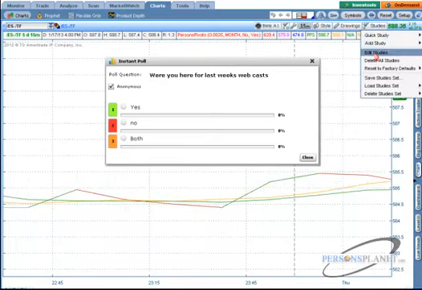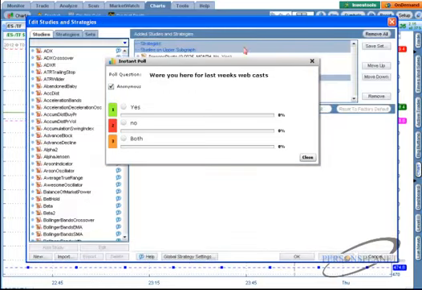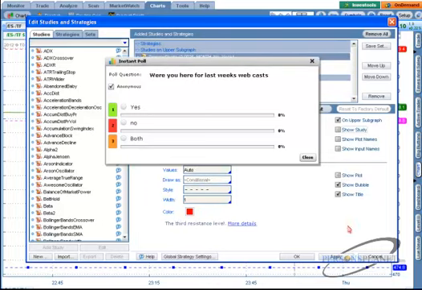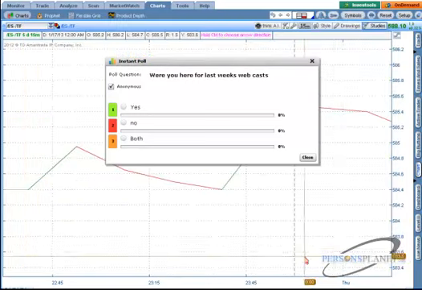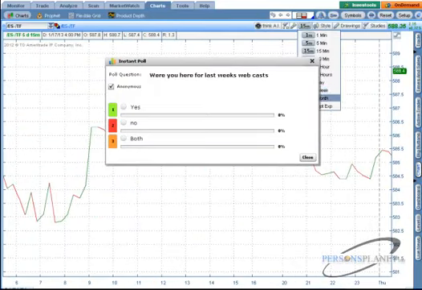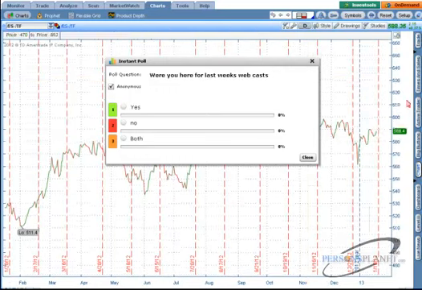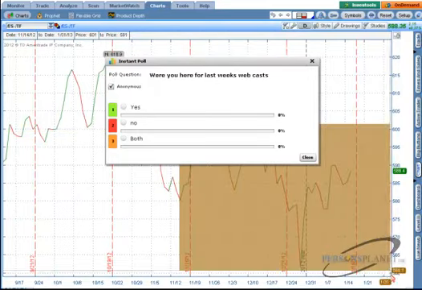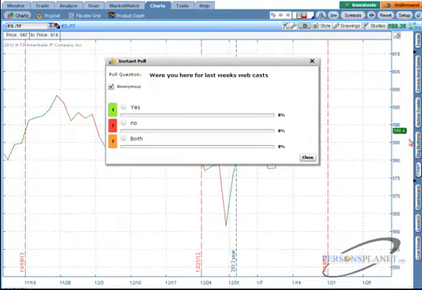I have to go to Studies. I have to Edit Studies, and I know that this is going to hurt. I have to undo the study here, and I didn't. I don't want to do that. It hurts my feelings. We'll put you back. Don't worry. Okay, so this is a 15-minute chart. Let's go to a daily chart. All right, it's very similar. You've got to say it's almost exactly what we were just looking at on the other platform. So now here is a relative strength comparative chart using the S&Ps versus the Russell.